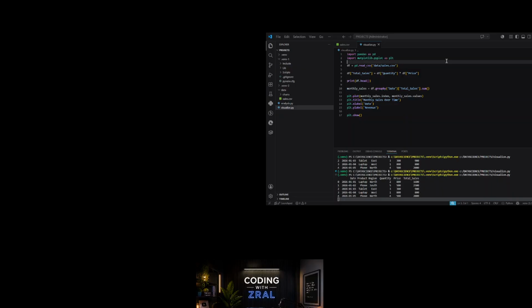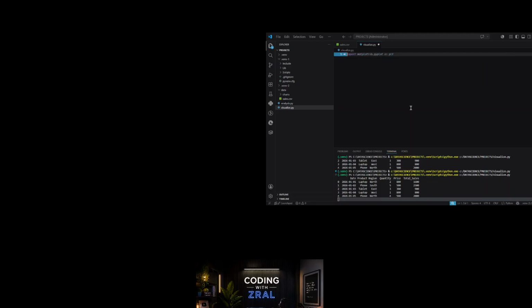Now, the second thing that we're going to do is a bar chart. So let me just remove all this code here to make it easy. And we need to import matplotlib, and we need to create a batch. So let's call